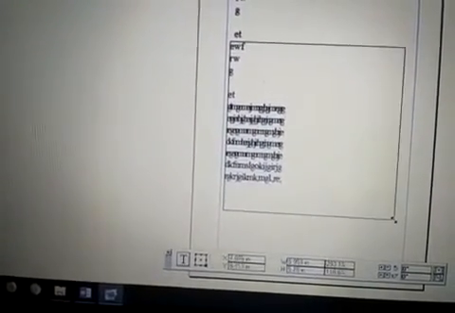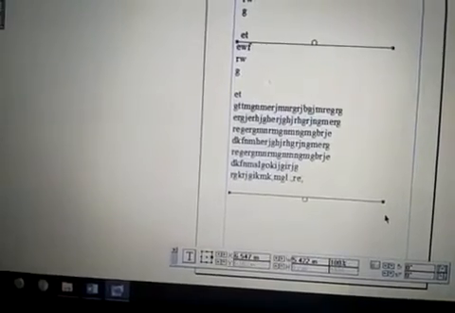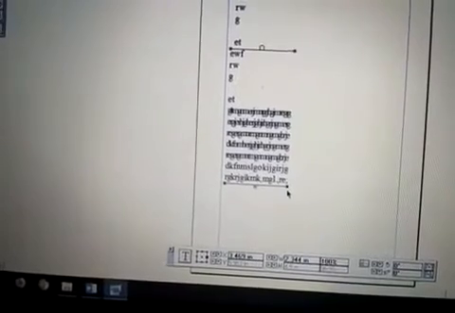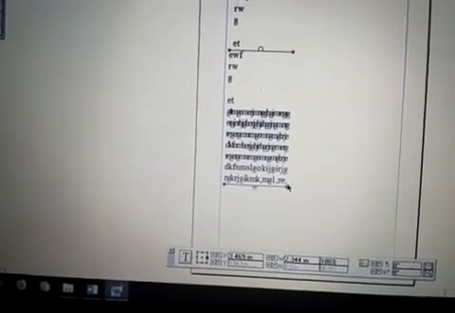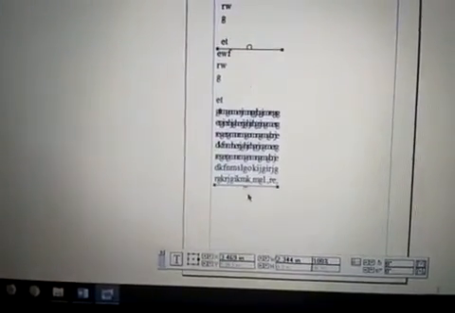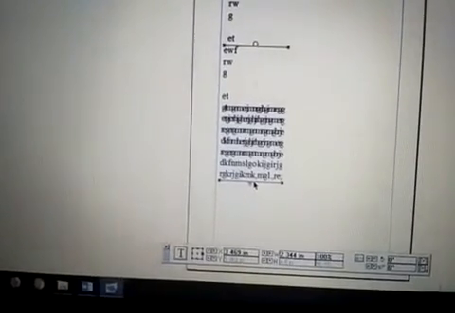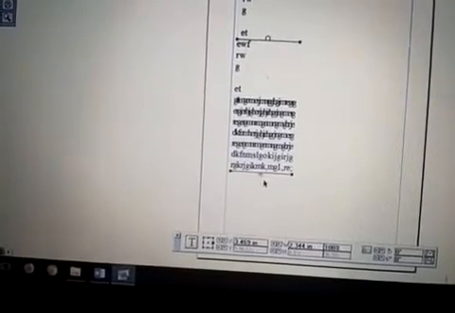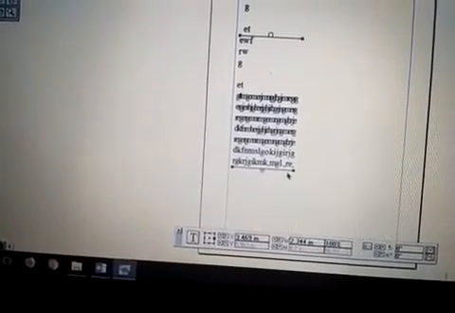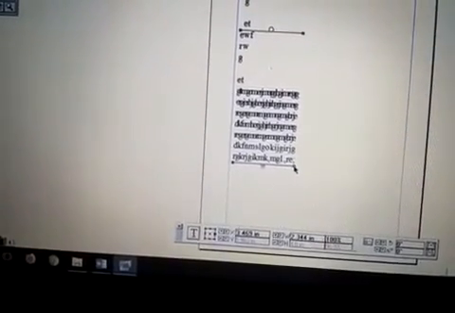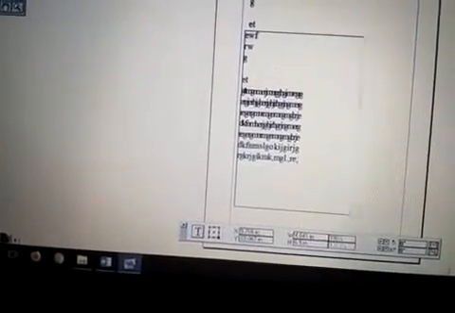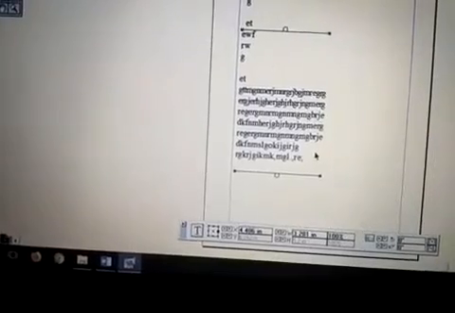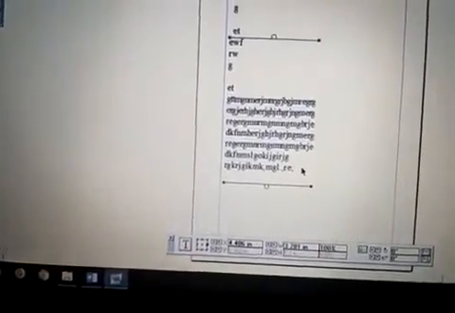By clicking the dark square points on the handle and moving them, we can easily resize the text block. See, while you are reducing the size, the text block shrinks and some text is hidden. So what we have to do is change the text block size. Yes, now it gets added. So how to resize the text block?